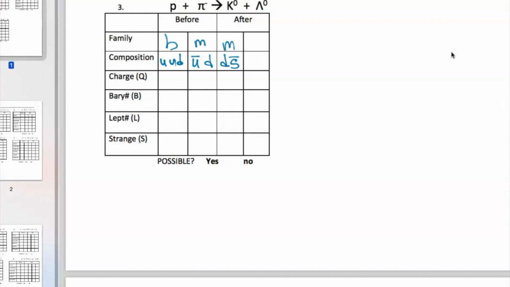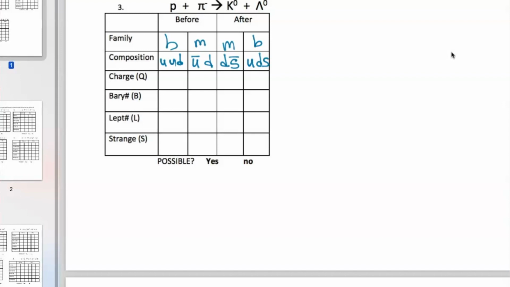And then we also have our lambda particle. And the lambda particle is a baryon. Hey, I was wrong. I didn't know that. My bad. And it is made up of an up, a down, and a strange. What a weird baryon. You might call it strange. Okay, so then I'm going to go ahead and fill in my information I know about